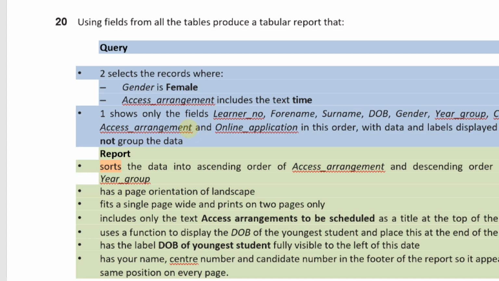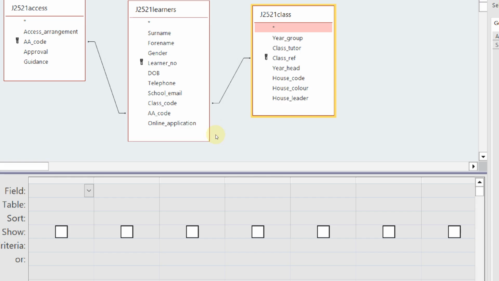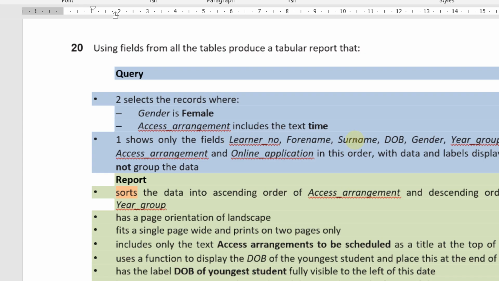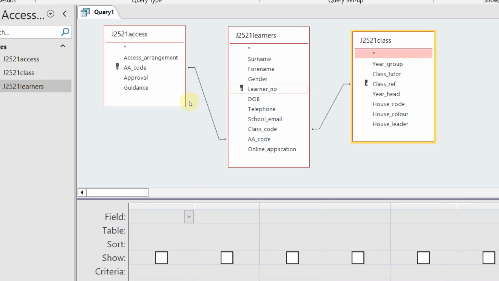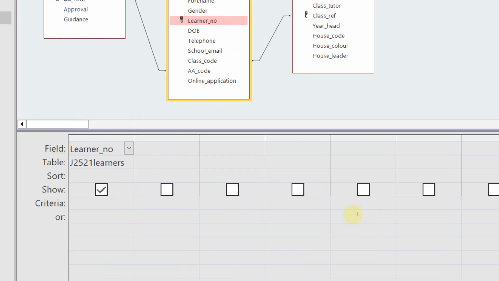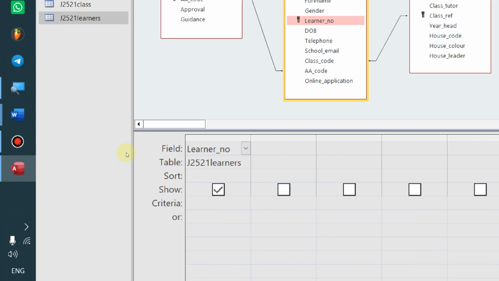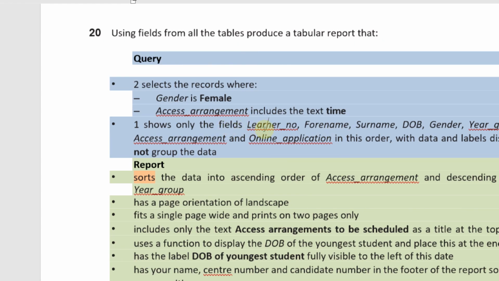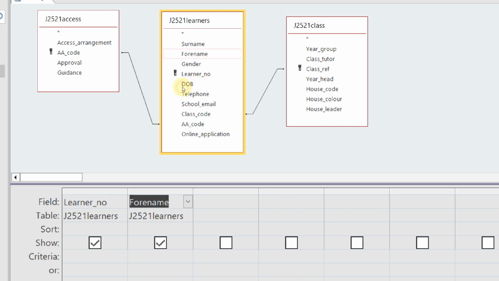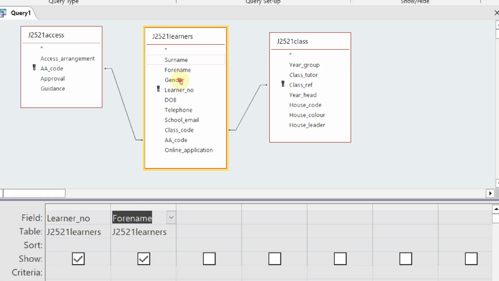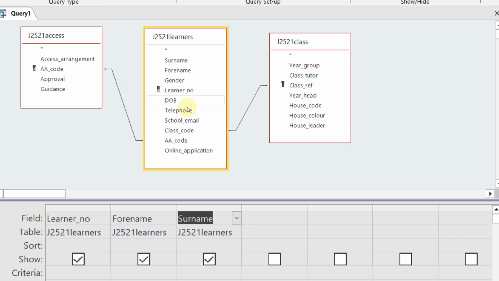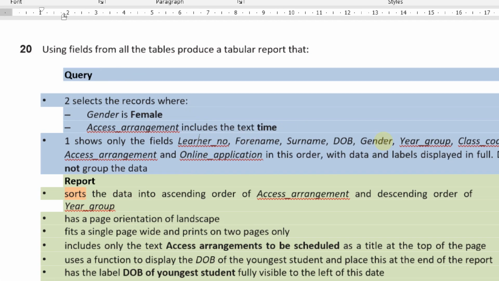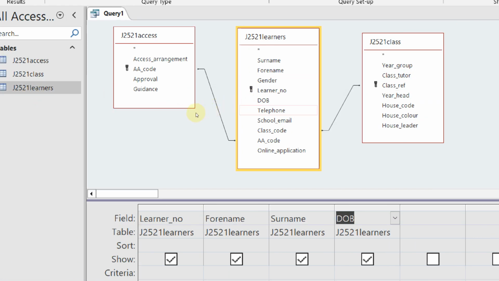Next, let's actually add the fields. So we're going to go to step number 1. First we add learner number. Where's learner number? How to add it? You have to click 2 times on the field in the table. I clicked 2 times and it appeared in the menu here. So first learner number. Forename, double click, 1, 2, surname, DOB, double click, gender, where's gender,